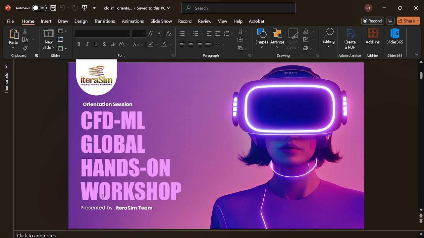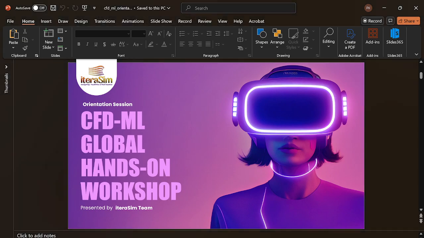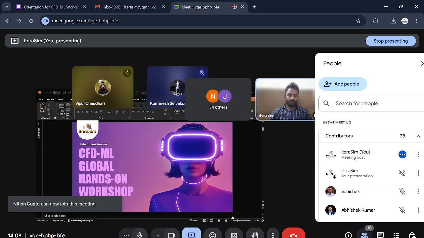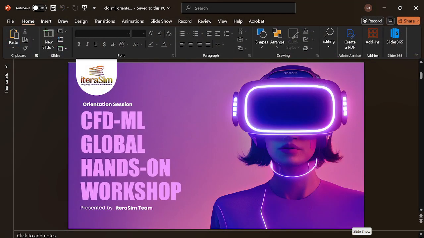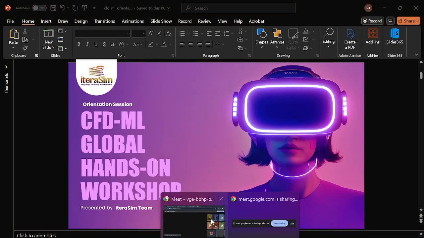And speaking about this ITRA SIM company, we are researchers from IIT Bombay. We started this company in 2022, and at the start, we just arranged some workshops in IIT Bombay, and our main focus was on OpenFOAM,